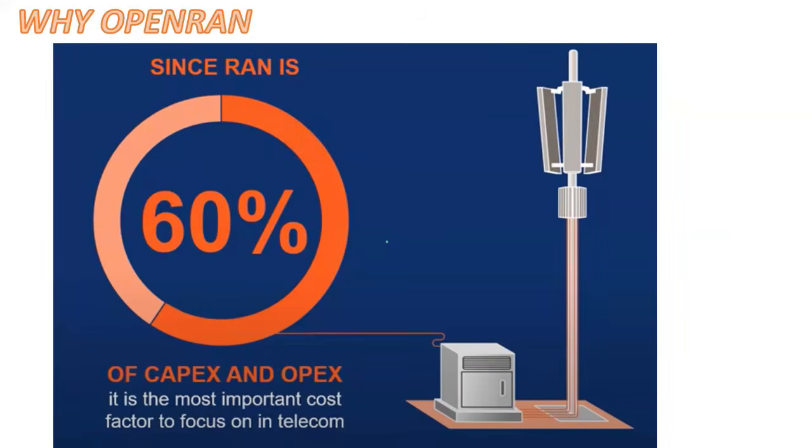So why again Open RAN? As I said, most of the capex required to build a wireless network is related to the RAN segment. It is reaching 60 to 80% of the total network cost. So any reduction in the RAN equipment cost will significantly help the wireless operators. Operators are struggling to cope with two challenges. One is increasing mobile traffic, and the second is declining revenues, right? So ORAN will be helpful.